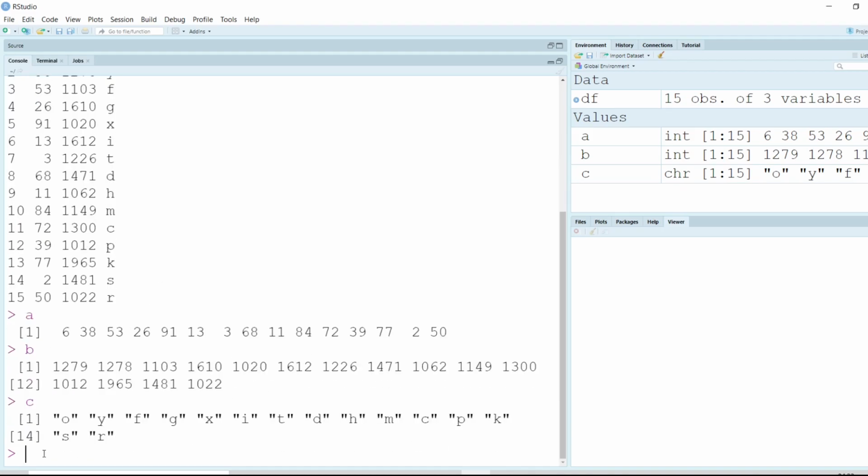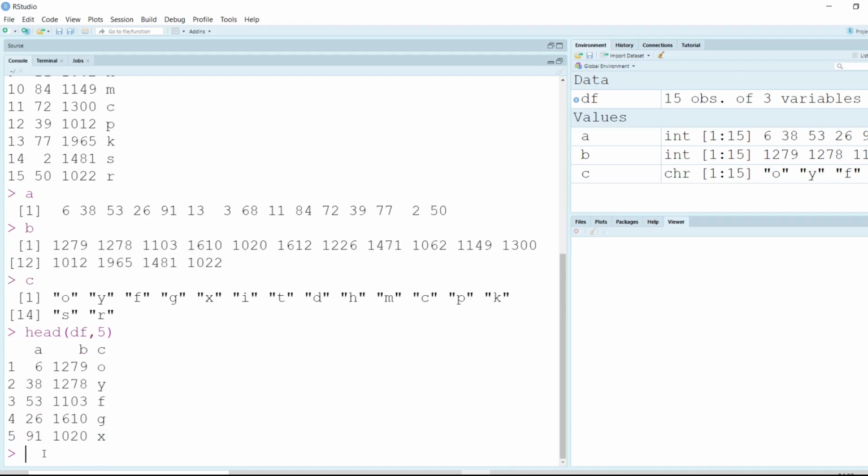This is very similar to the Excel file that we have where we have plenty of rows and columns. Now, in the data frame, if we just want to look at the top 5 records, from the first to the fifth row, we can use the head function and pass the data frame here. If we mention 5, we can see the 5 records from the first to the fifth row.